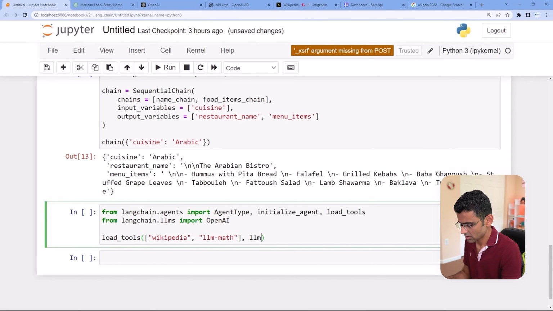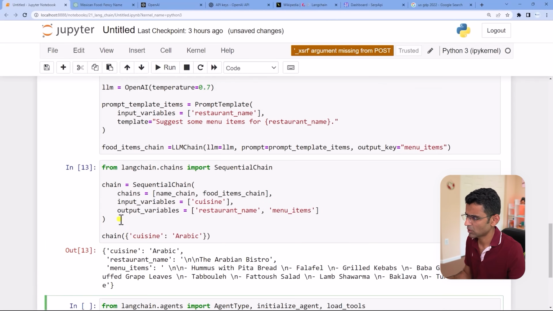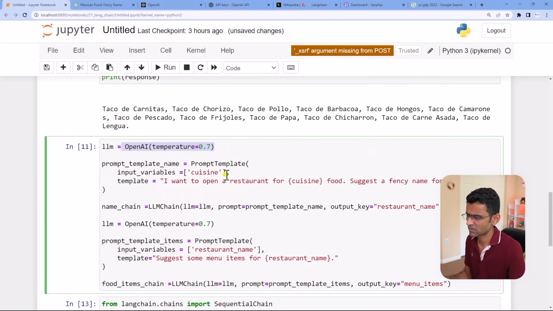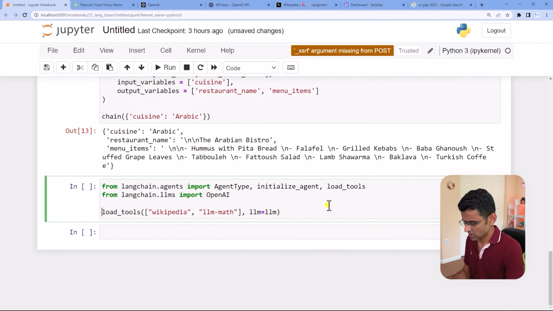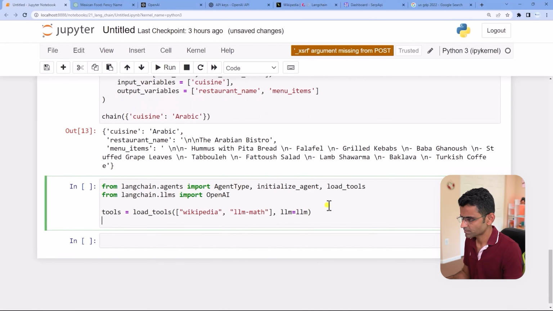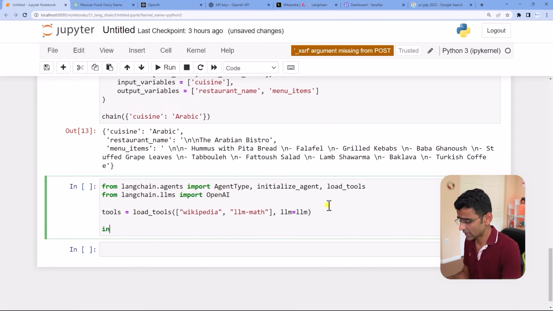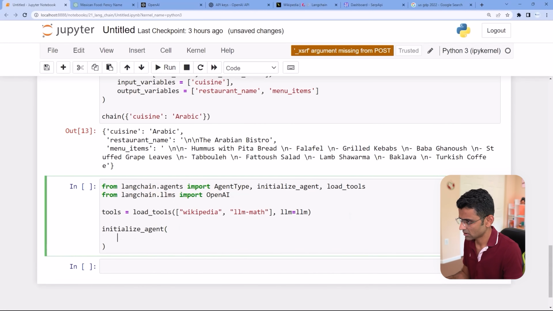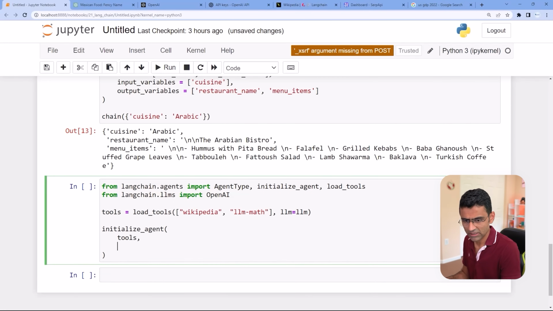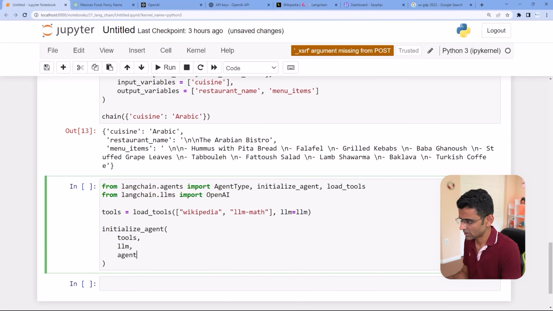And here you need to provide the LLM variable, the one which we created above somewhere here. See, this is the variable. So this thing is called tools, and then you can create an agent using this initialize agent method. The initialize agent method will take tools, it will take LLM, and it will take agent. And in the agent, I will give this